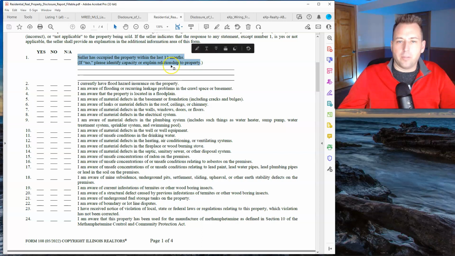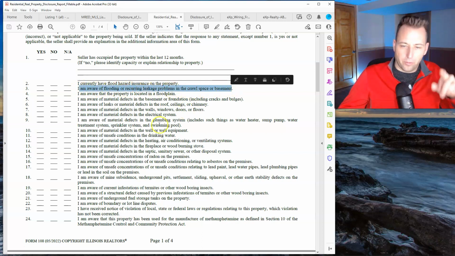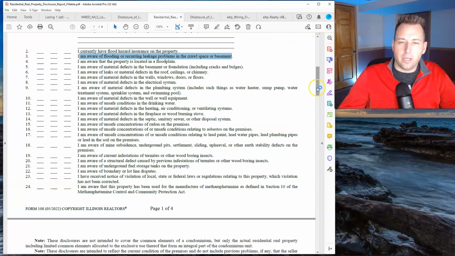Sellers occupied the property in the last 12 months. You currently have floodplain hazard insurance on the property. I'm aware of flooding or recurrent leakage or any problem. So I won't go through each one. You could read through them. I'll just scan. Sometimes some of these are a little confusing. So floodplain, that's stuff they can help you with on that. Foundation, basement foundations, any leaks in the roof or ceiling or chimney. If you're aware of material defects in walls, doors, or floors, material defects in the electrical system, defects in the plumbing system, defects in the well or pump, unsafe conditions in drinking water, defects in heating, air conditioning, ventilation systems,